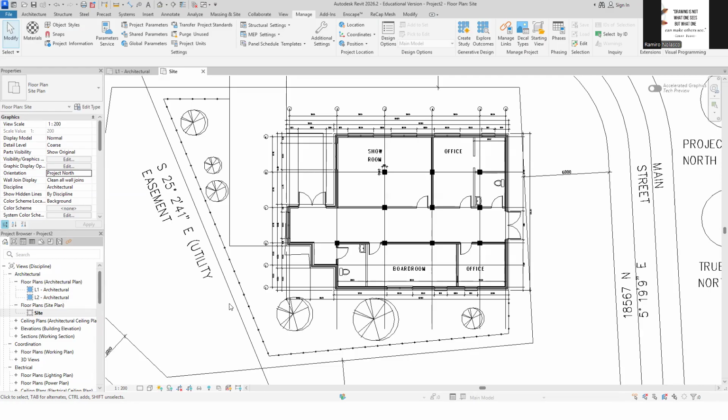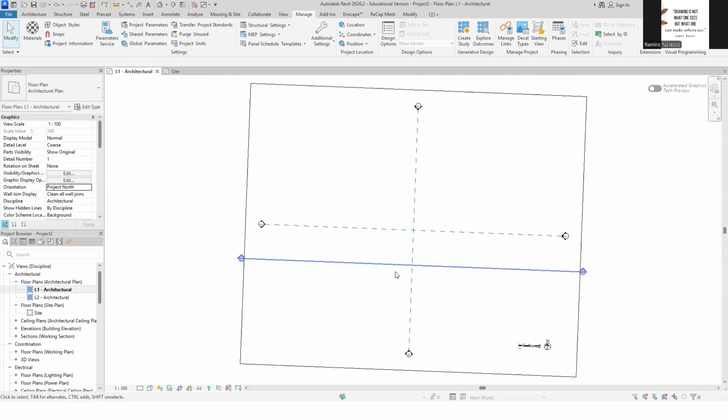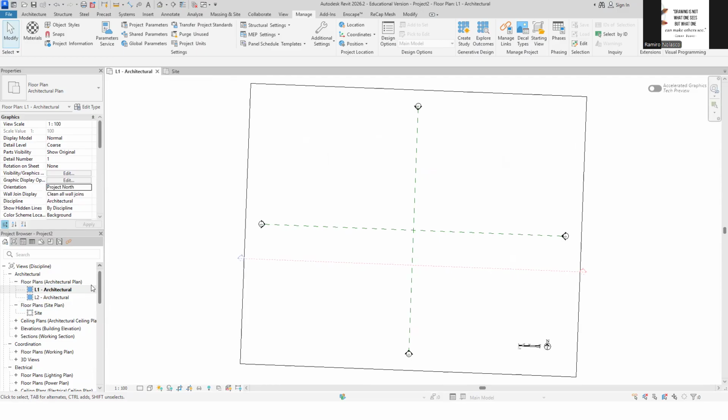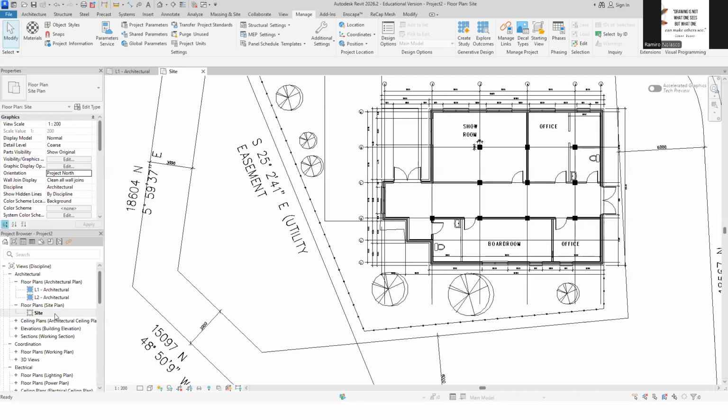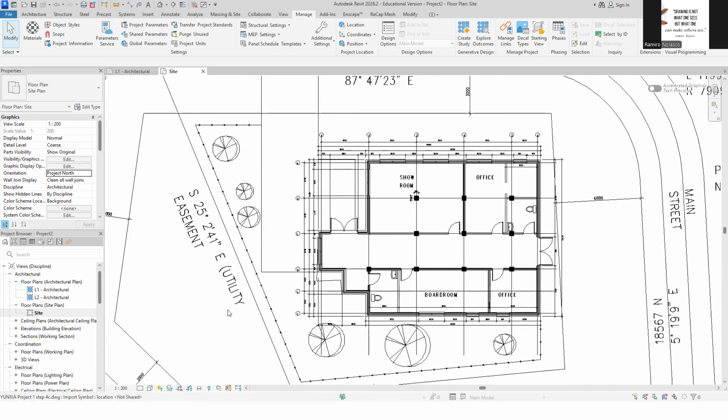We'll do it here because we're not able to see anything in our level 1, right? So we're going to go back to our site plan and create the grid here.